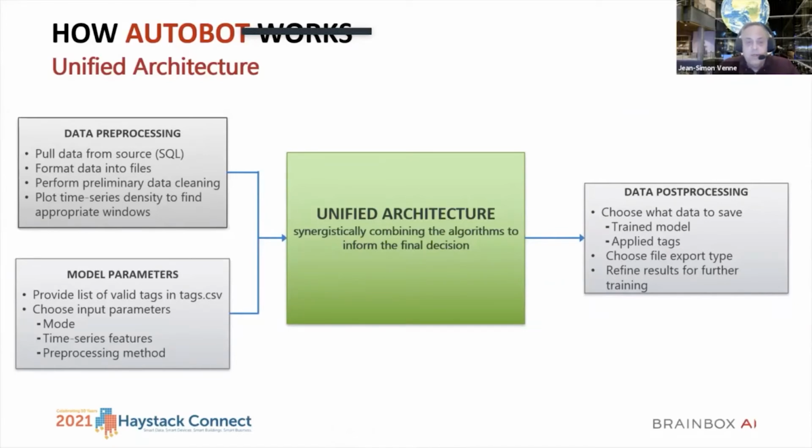But to work, we need to do data pre-processing to pull all the data from the source, format that data, and perform the preliminary cleaning. Then we also need to put in all of the models and the parameters, so we can figure out the exact time series and pre-processing method that we want to use.